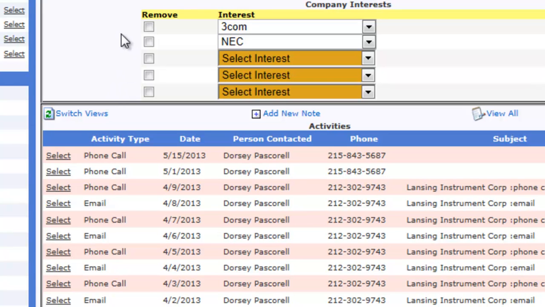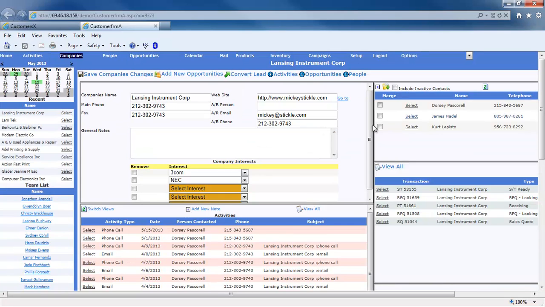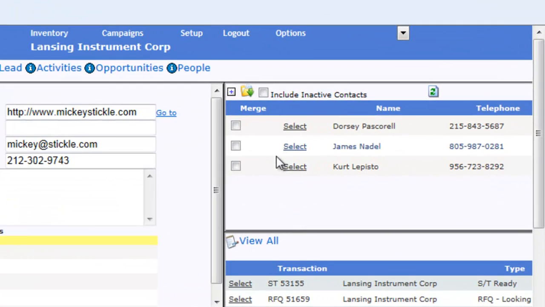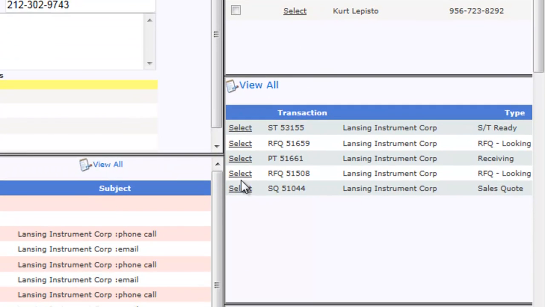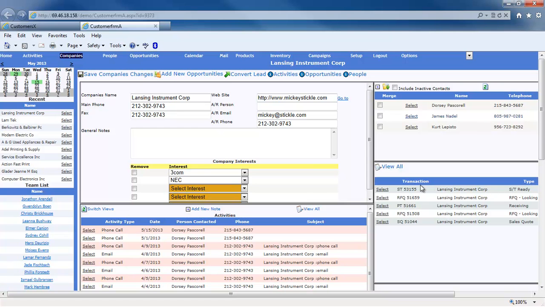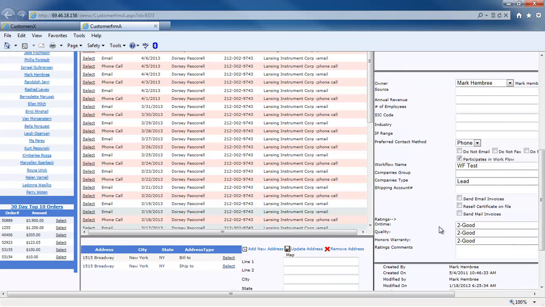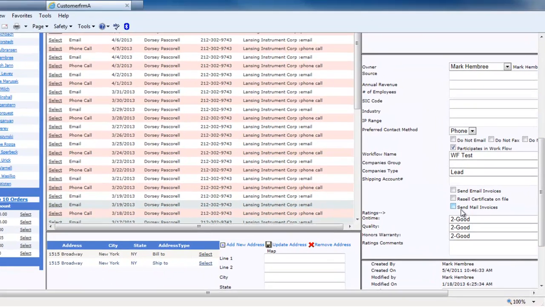It also includes the company interests, which helps distinguish what type of products your customer is using at the company level. It plays an important part in email blasts. The right-hand side shows individual contacts, your transaction history, company rating system,